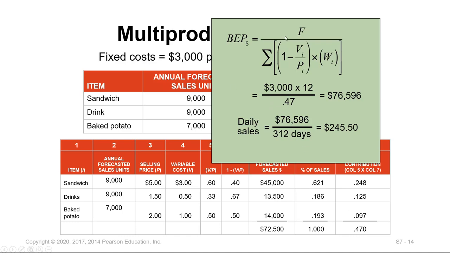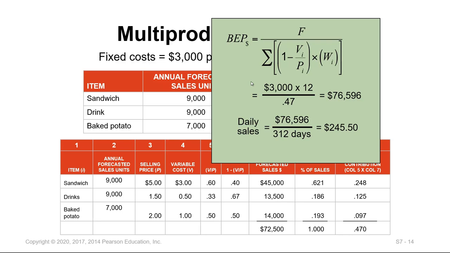And this fixed cost is per day. So to get it for a year, or by month, we multiply. To get the annual, we multiply by 12 months, and to get the break-even dollar amount, we divide the annual fixed cost by the sum of distributed weights, and that will equal 76,596. Dividing that by 312 days, assuming that the restaurant will work only 6 days during the week, then the daily sales equal